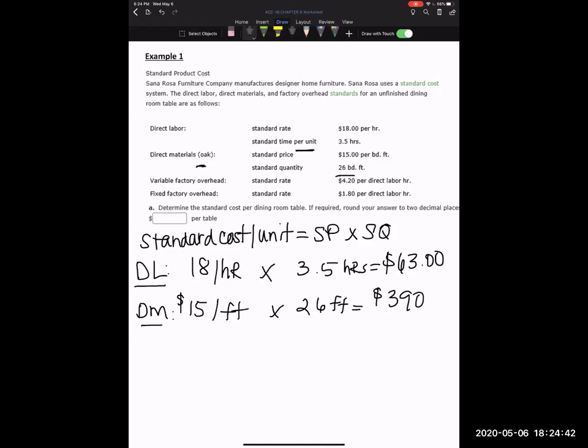Last but not least, we have factory overhead. Now, factory overhead, it looks as if they have divided it in between variable and fixed. So no big deal. Let's do variable first. Okay, so it tells us that the variable factory overhead is $4.20 per direct labor hour. Okay. So how many direct labor hours? Where do we find that? Because in the other examples, we had standard time per unit, standard quantity per unit, but how do we find the direct labor per hour,